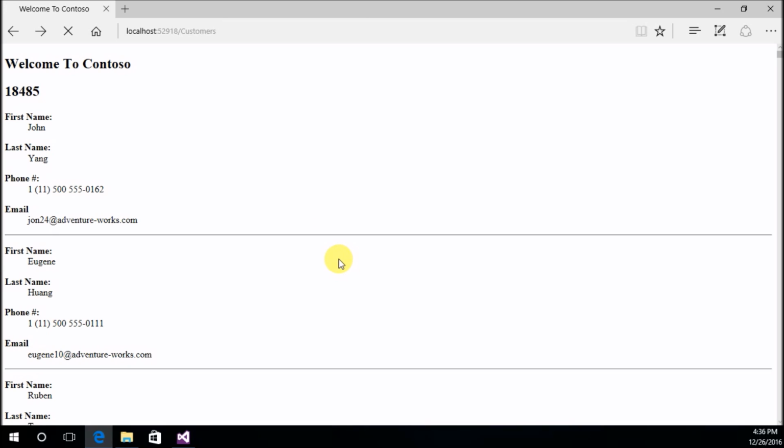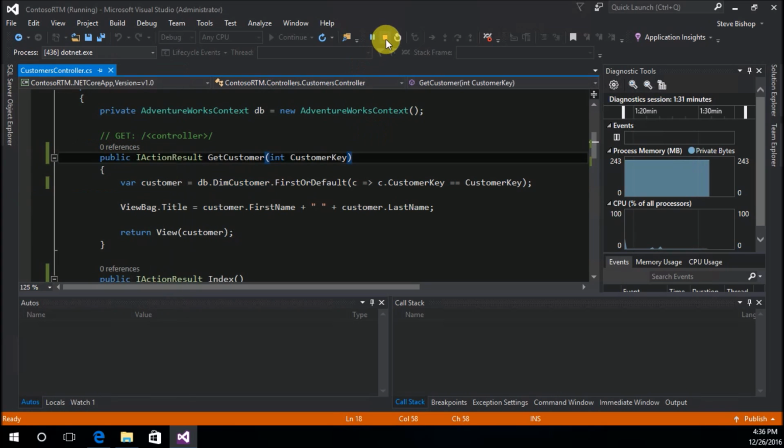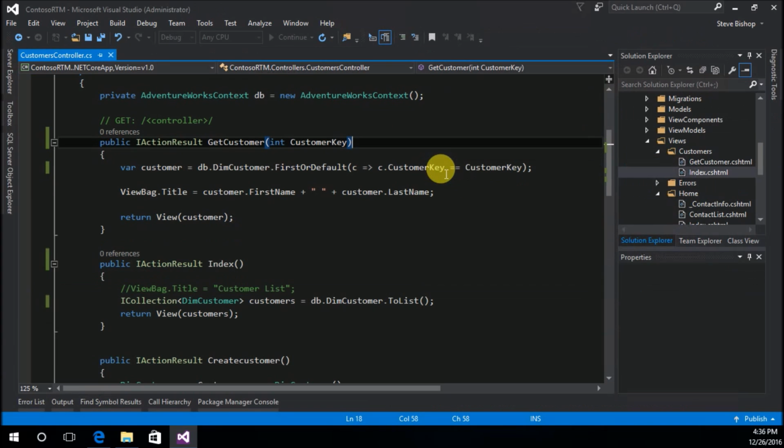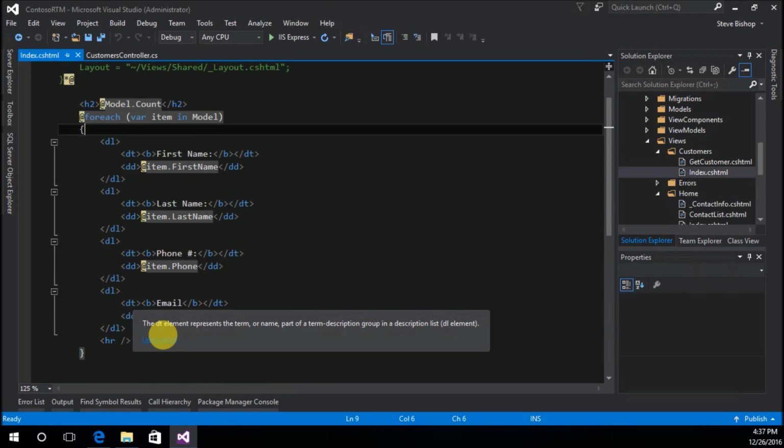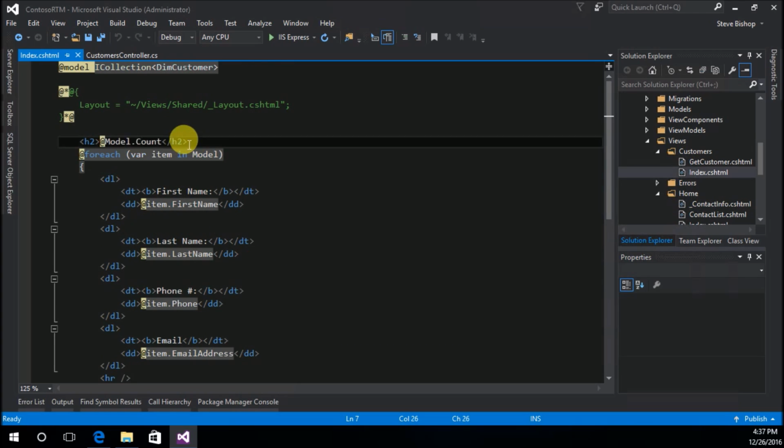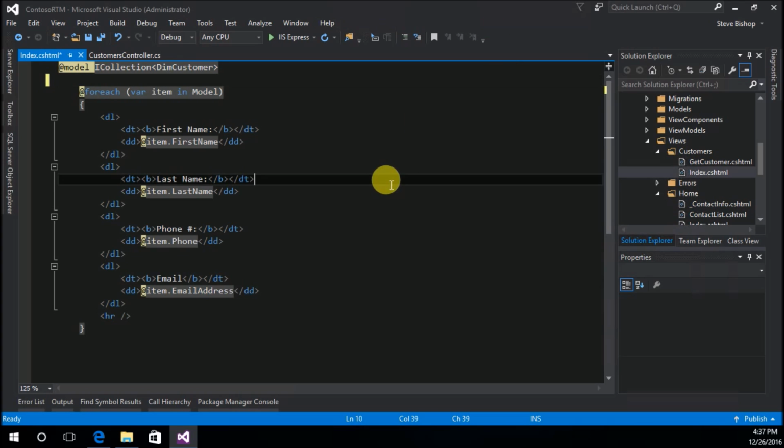So what I'd like to do is, on our list view, I want to add a link on each one of these items that will allow the user to go and view the customer information. So I'm going to go ahead and go back into our application, and I'm going to stop it here. And now I can go ahead and go to my index view, which is doing our iteration through all of our customers. And I'm going to go ahead and get rid of the count because that's no longer necessary. And I'm also going to get rid of the commented out code. And we need to add a link